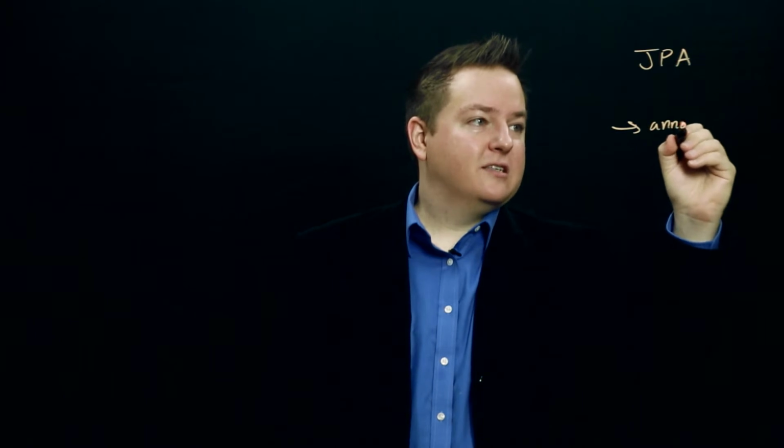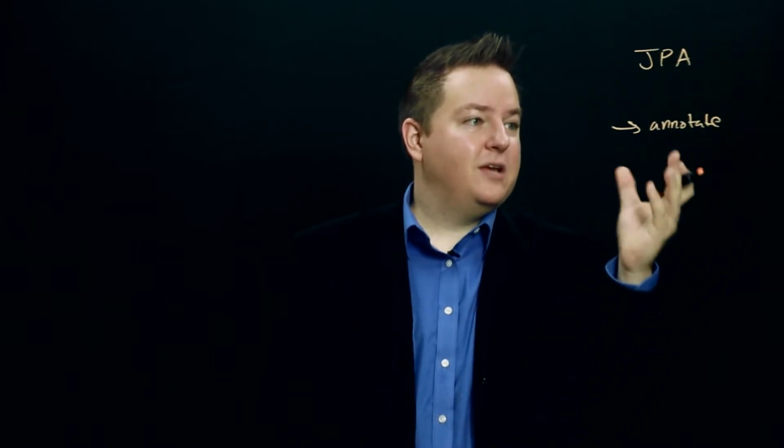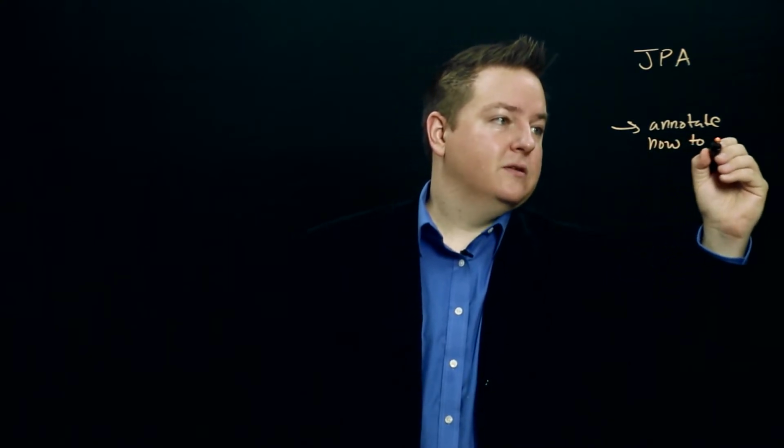In Java, there's a tool that we can use to help us go from objects down to the database, search the database, and then return that data back as objects to our code. And this tool is a framework called JPA, or the Java Persistence API. And so the idea behind JPA is that we go and annotate our objects using Java annotations and tell JPA about how to store our objects